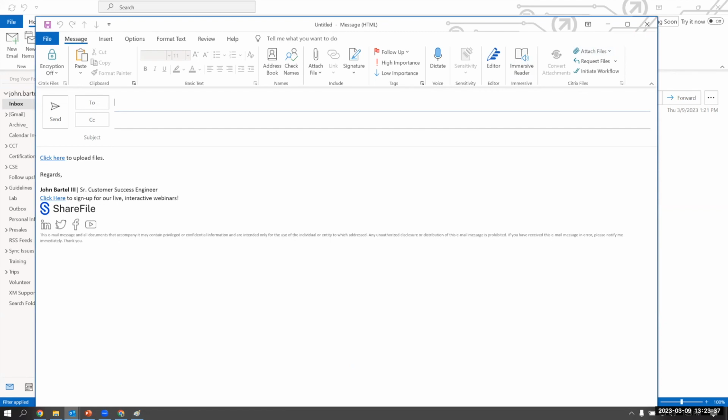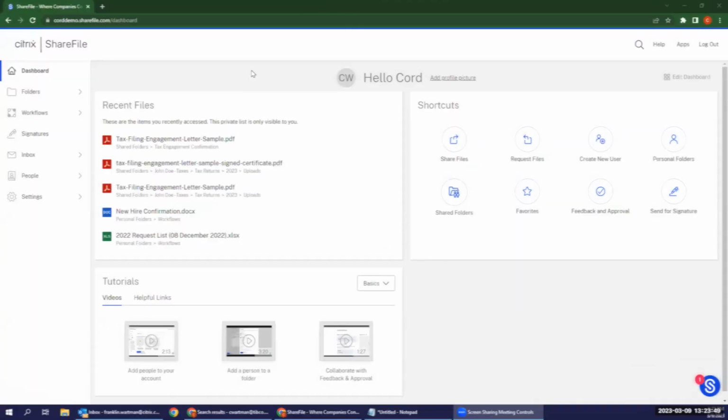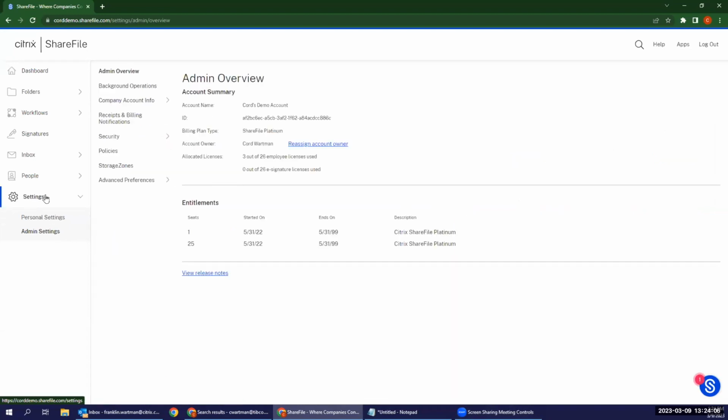So with that, I'm going to actually pass it over to Cord. He's going to go through the web interface and show a couple things and how to do this through the web UI. All right. So the first thing we're going to touch on, and I've seen a lot of it in the chat, is about how to enable the specific options for the plugin and how to lock those on an admin level. So what we're going to do here is we'll go to settings and then admin settings and then advanced preferences